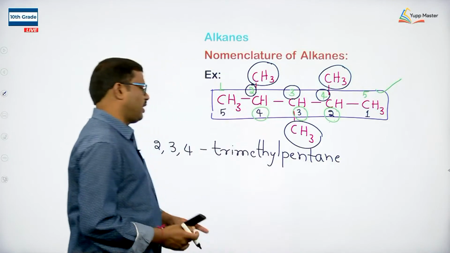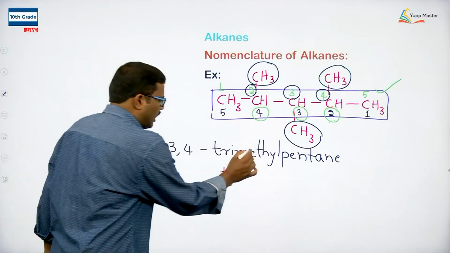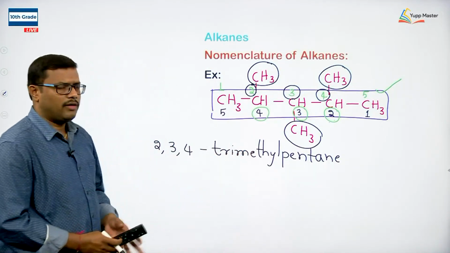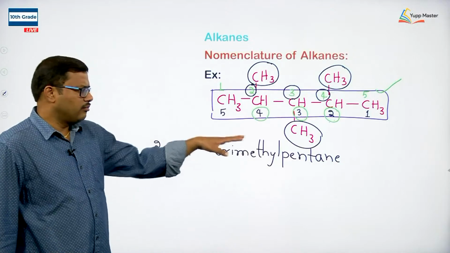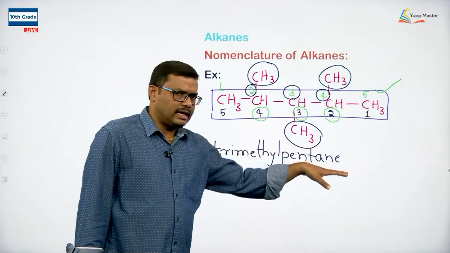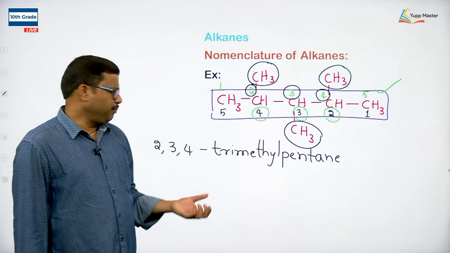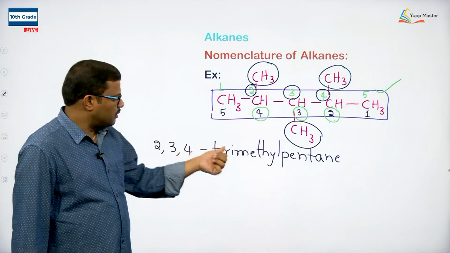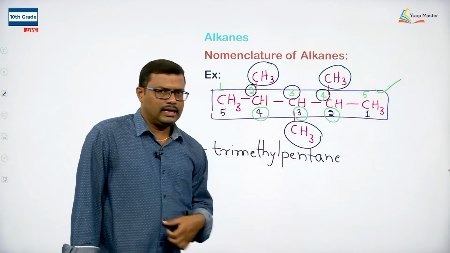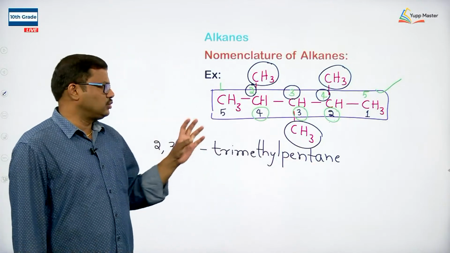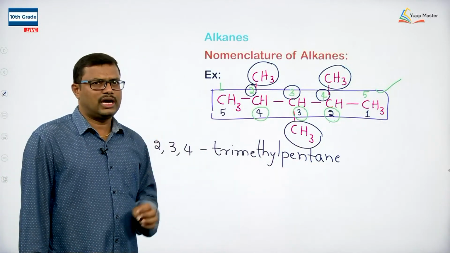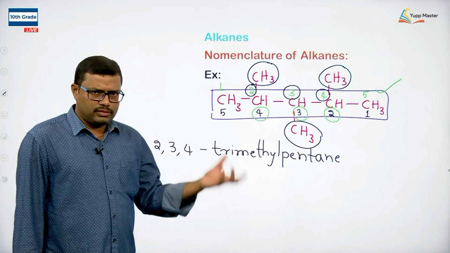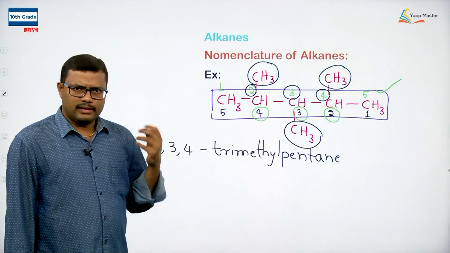So the total name, if we observe, is 2, 3, 4-trimethylpentane. What is the name? 2, 3, 4-trimethylpentane. So first is to select the longest continuous carbon chain having the maximum number of carbon atoms, and then